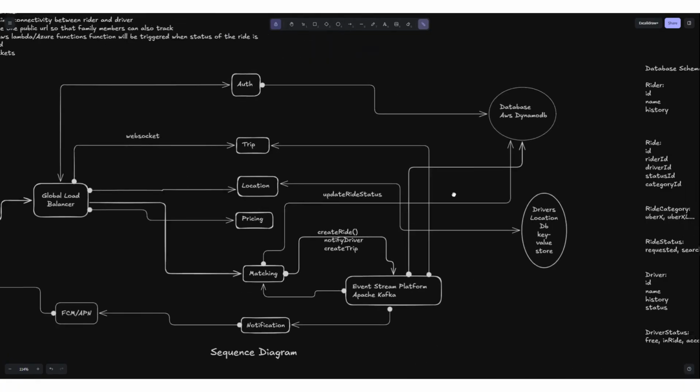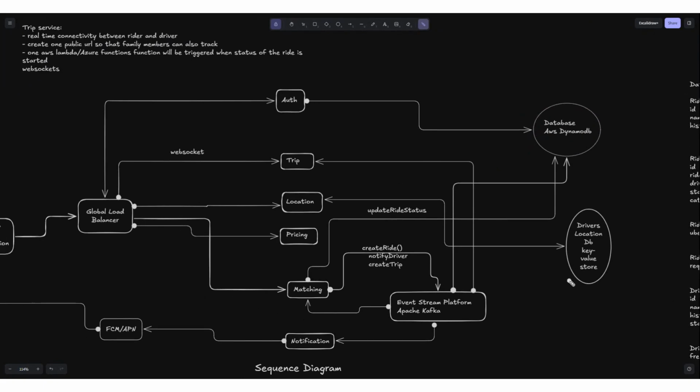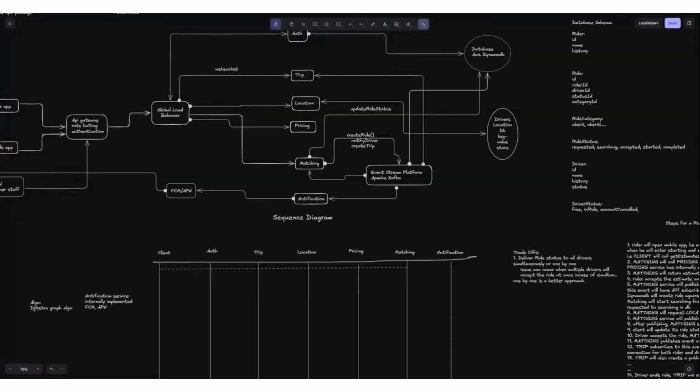The main database, what I'm thinking in this case, is AWS DynamoDB, which is the perfect fit here because DynamoDB supports both strong consistency and high availability, which we need in our use case. That's the database which we will be using here. Yes, the matching service will be doing the main part of the connection between these different microservices.